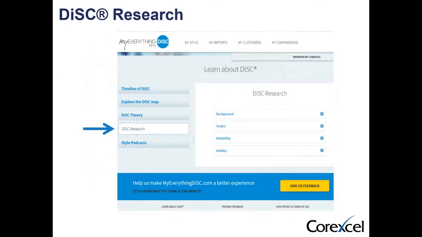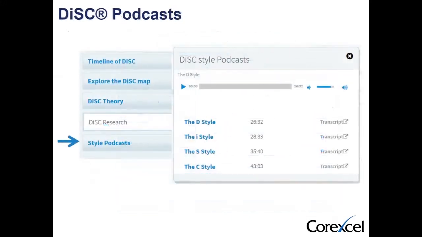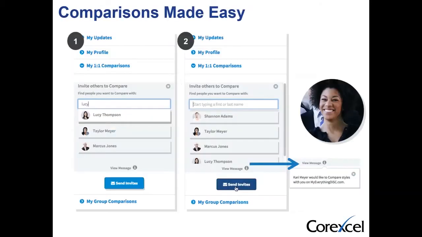It really gives the background, the scales, the reliability and validity. And you can actually listen to Mark Scullard, who's Director of Research at Wiley. He does podcasts. So if you're a learner who likes to listen as opposed to read, you can either listen to the podcast or download a transcript right from this site.